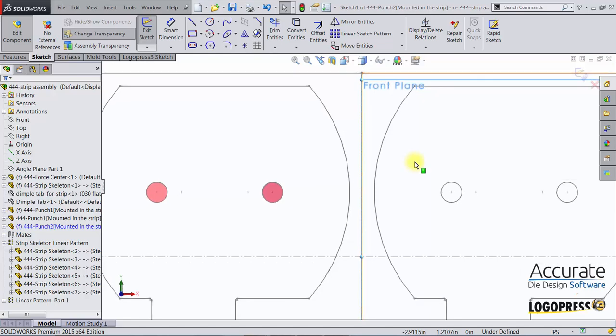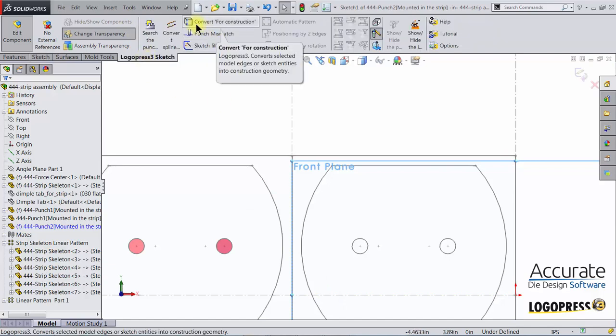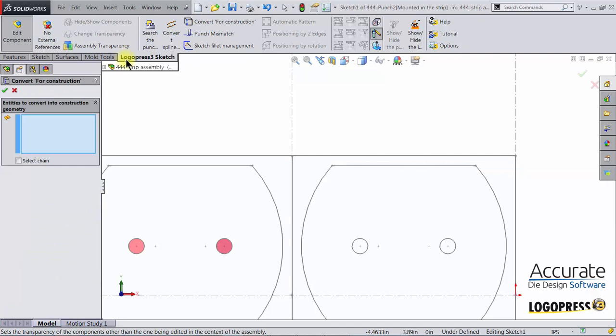So the first pilot pierce punch that we're going to create is going to be this one right in this area right here. First thing I'm going to do is convert these 2 sketch entities into this current sketch. That's going to be for dimensioning and making relations to. To do that, I'm going to use Convert for Construction. LogoPress 3 Sketch, Convert for Construction. I'll select these 2